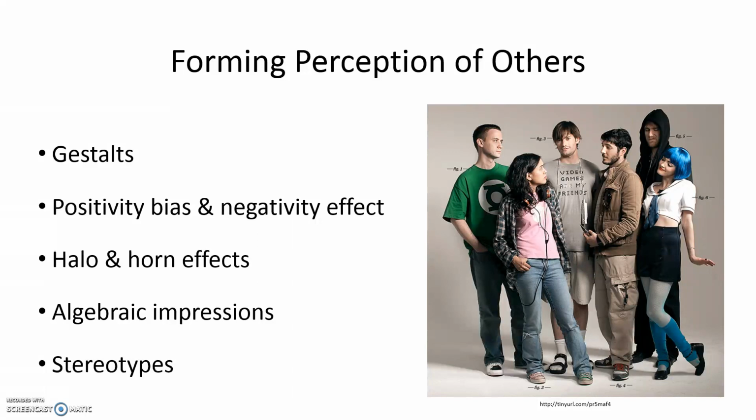Be mindful that at any of these points with the gestalts or the algebraic impressions, we can form stereotypes. Stereotypes can be positive, such as, well, the person wearing glasses is the really smart person in class. That's positive because you're seeing them in a positive light, but it may not be true. It could be true. Or a negative stereotype, such as, well, all blondes are dumb. That's not true, right? There could be some dumb blondes out there, but there's definitely no way that all blondes are dumb. There are some really smart ones.